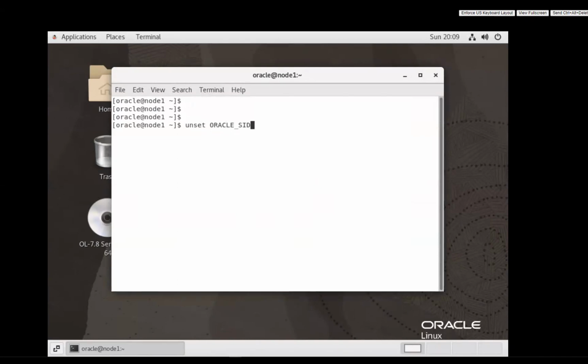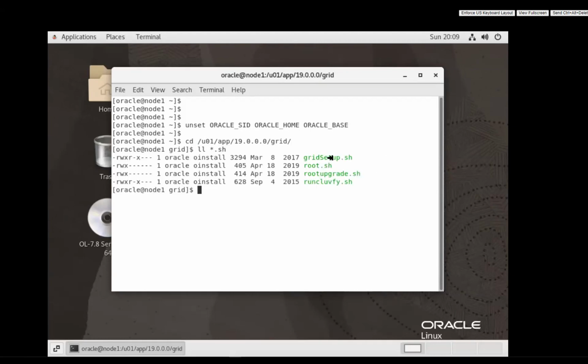Unset ORACLE_SID, ORACLE_HOME, ORACLE_BASE. You have to do unset, and then you can start with your grid setup. That gridSetup should be under your 19c grid home, and if you do ll *.sh, that is a shell script. You can see gridSetup.sh, and then you can pass that